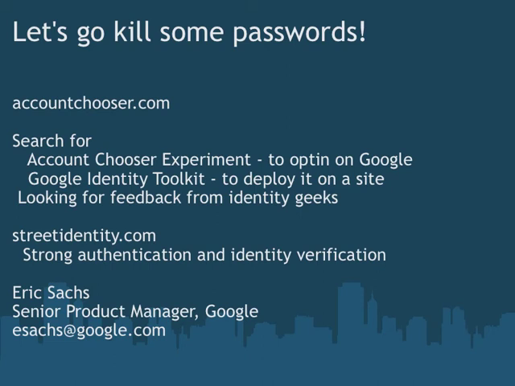So hopefully this was interesting to you. We hope you'll experiment with deploying an account chooser on your website. Again, maybe starting without using identity providers. Just start by deploying an account chooser on your site just to improve your sign up and sign in experience. Once you've done that, adding identity providers to it, the delta for the user experience is very minimal. And if you're looking for tools to deploy it, use some of these ones like the Google Identity Toolkit or others. And if you want to experiment with it, we've given some sample sites, and you can even opt into using one on Google.